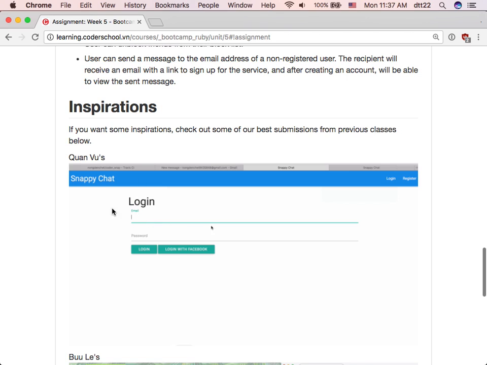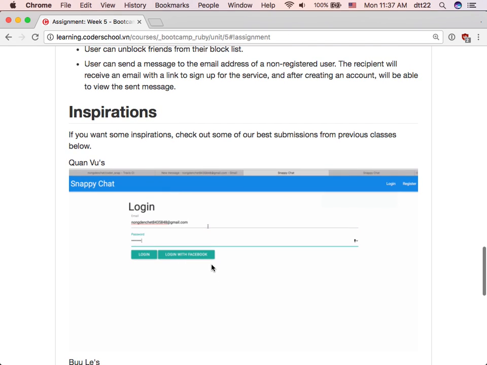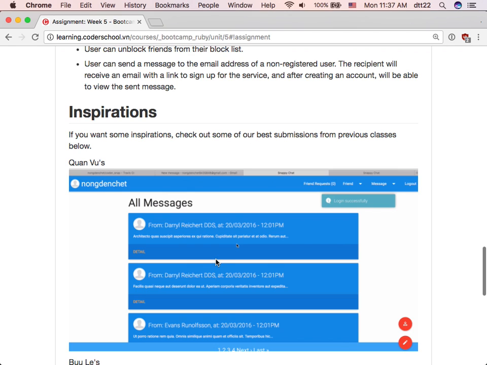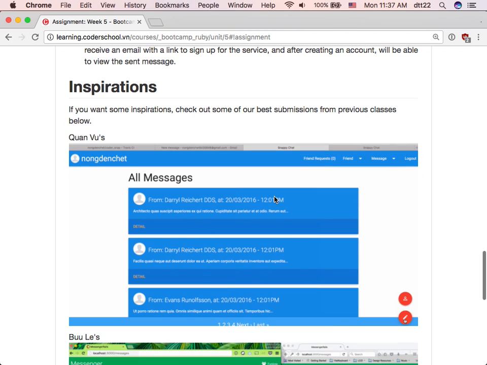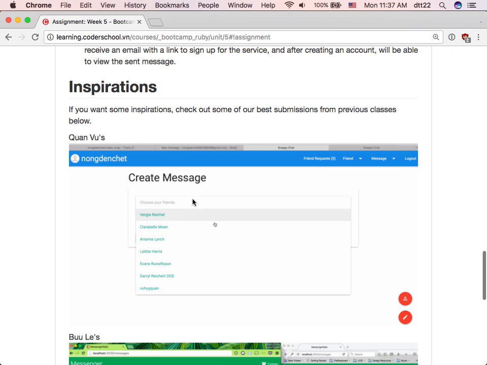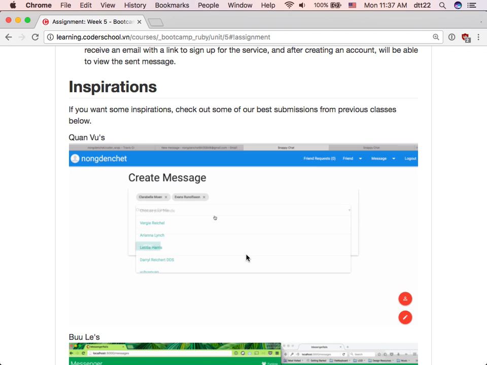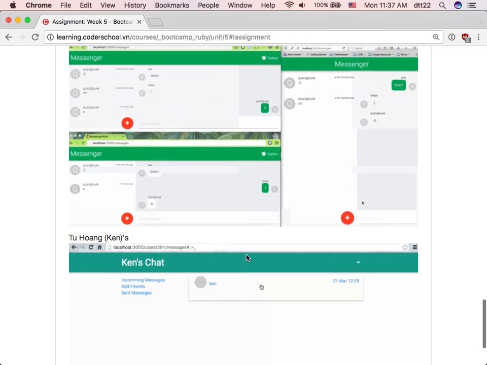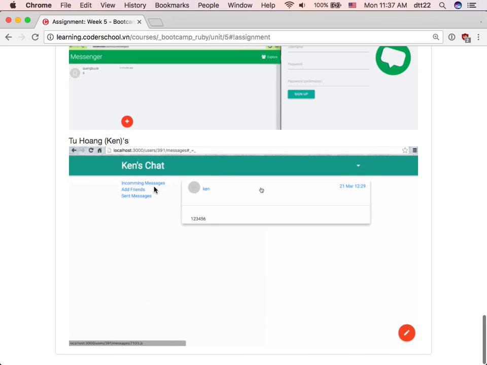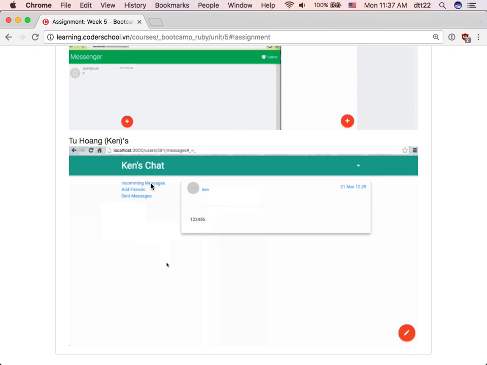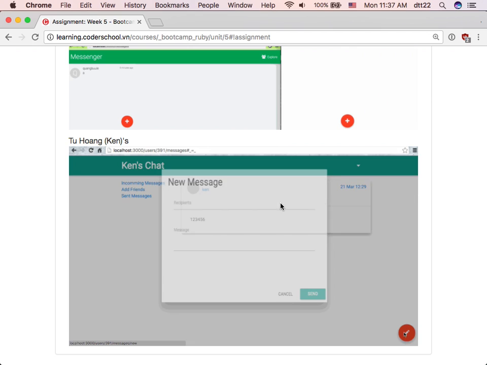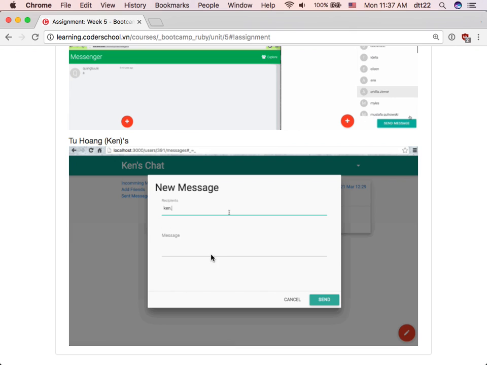Now, what we focus on first is this login and sign up feature. Register or log in here. You can support login with Facebook this week as well. So those of you who want to do extra things could do login with Facebook, Twitter, or anything else extra. And again, the app idea here is that you can view messages sent between one user to another. You can add people as friends, right? You can try with different